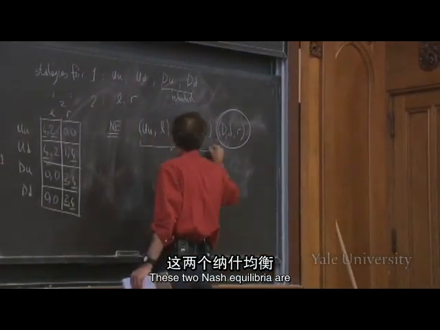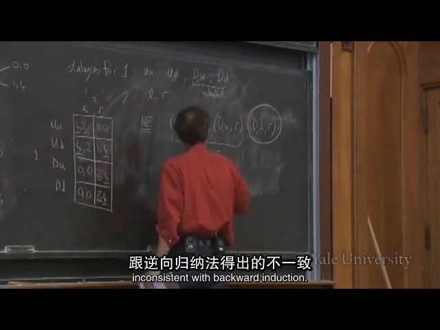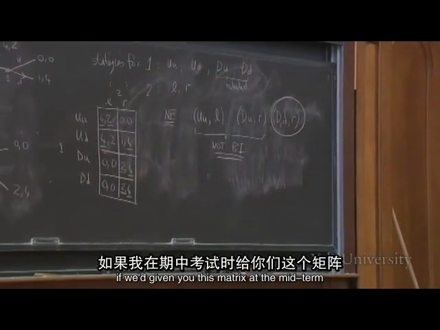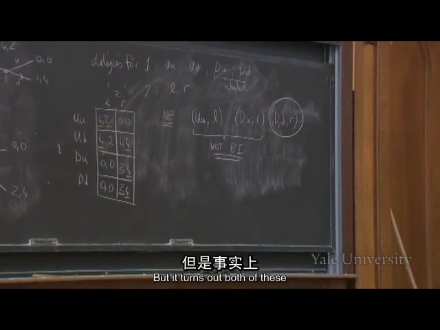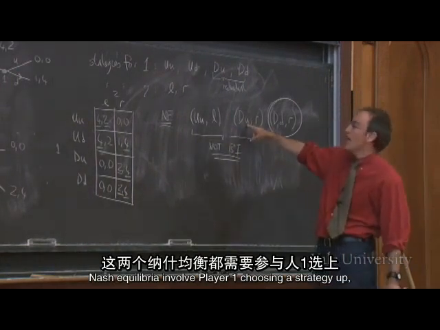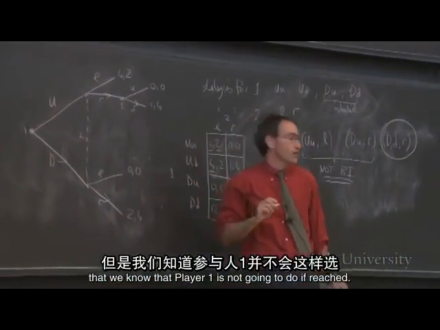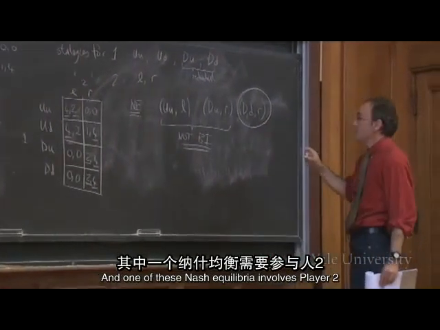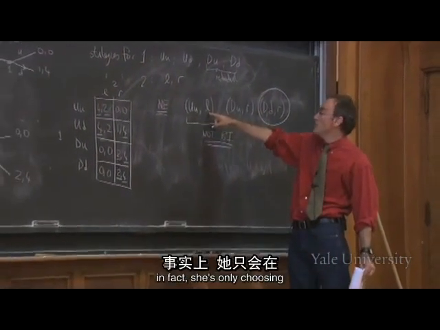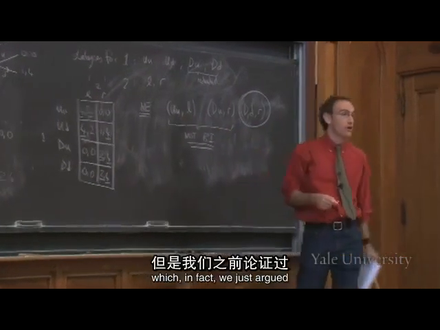These two Nash equilibria are inconsistent with backward induction. They're perfectly good Nash equilibria. If we'd given you this matrix at the midterm, you'd have thought they're just fine. But it turns out both of these Nash equilibria involve player 1 choosing a strategy up that we know that player 1 is not going to do if reached. And one of these Nash equilibria involves player 2 choosing a strategy left that in fact she's only choosing because she thinks player 1 is going to choose up,